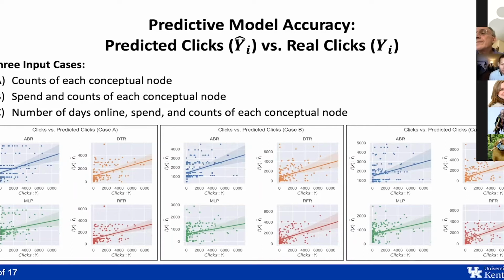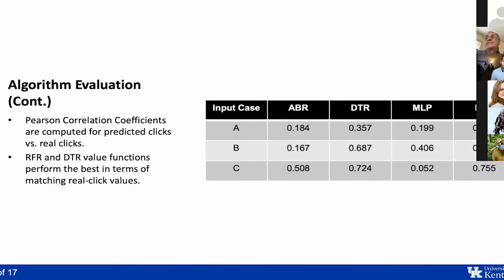And what we find is that there's a positive correlation across all of these sets. And in case C, it might not be immediately apparent in these plots, but we find that the decision tree regressor and the random forest regressor perform the best in terms of accurately predicting click-through rates. This is more apparent in the next slide, where I have a table featuring Pearson correlation coefficients for each of the models that we consider under all 3 of our input cases. And as I mentioned earlier, what we find is that decision tree regressor and random forest